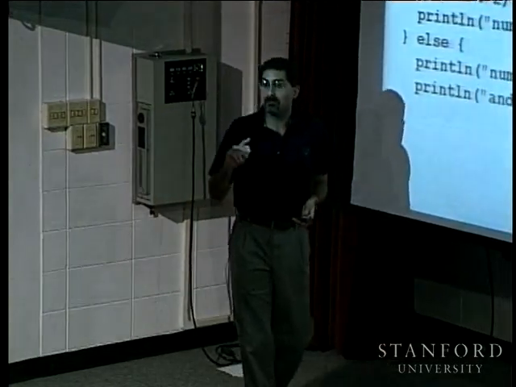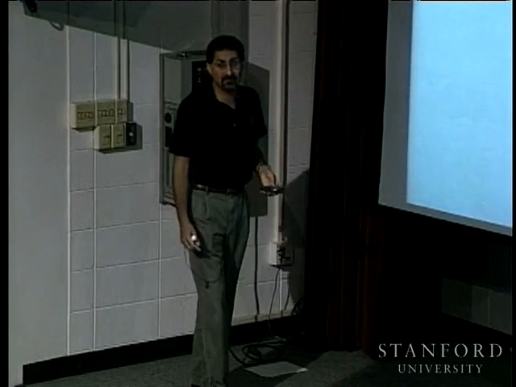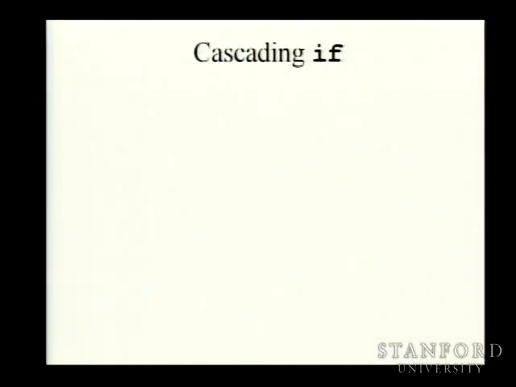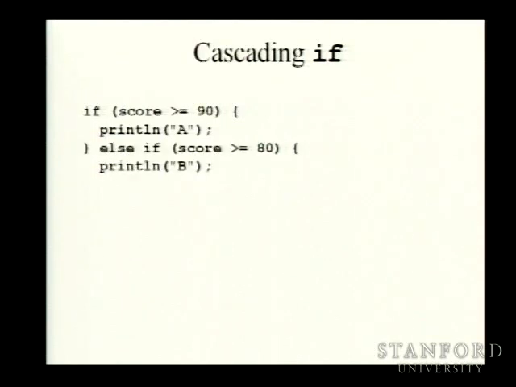Let me give a couple more, and then we'll take some questions. There's something known as a cascading if. This is kind of funky. A cascading if says I'm going to check for just one condition to be true. So I'm going to start off with something that looks like a regular if. This is like high school grading. If your score is greater than 90, then print out A. Otherwise, else, and what are we going to do with the else? We're going to do another if. Else, if your score is greater than 80, print out B. Else, if your score is greater than 70, print out C. And otherwise, well,